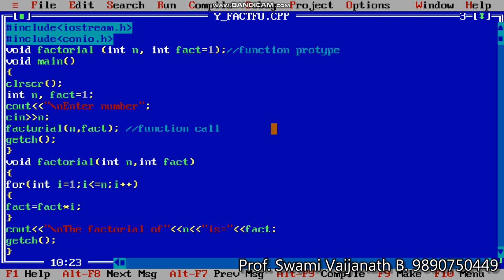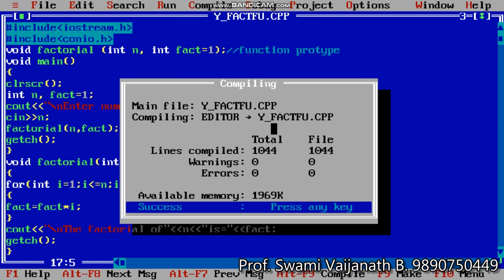Here we give a function call, here the function definition, and fact is equal to fact into I, it is multiplication. I compile this program and run this program. Here I enter 7, then its factorial is 5040. I hope you understand this program with function.